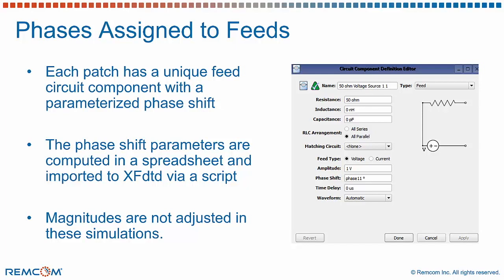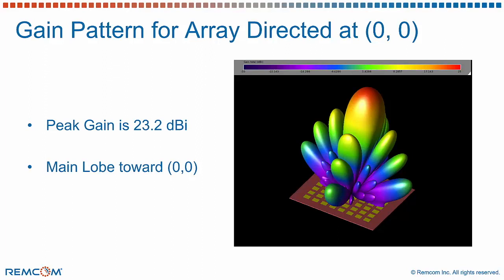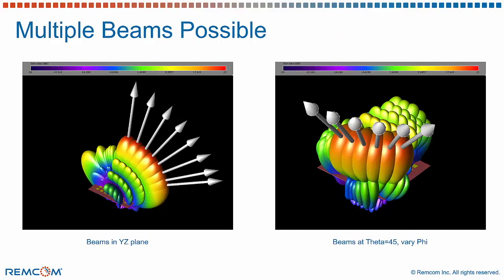We then get to steer the array in multiple possible directions, like in this case. This is the array when phi is set to 0 and theta is set to 0. The peak gain is determined to be 23.2 dBi in this case. Other varying locations of the beams in XY in the YZ plane, and beams in theta 45 while varying about